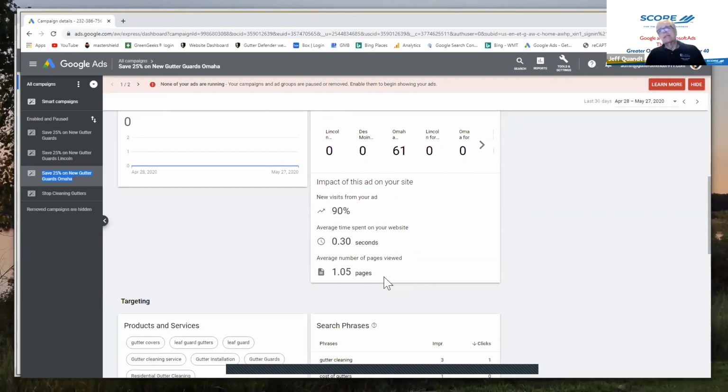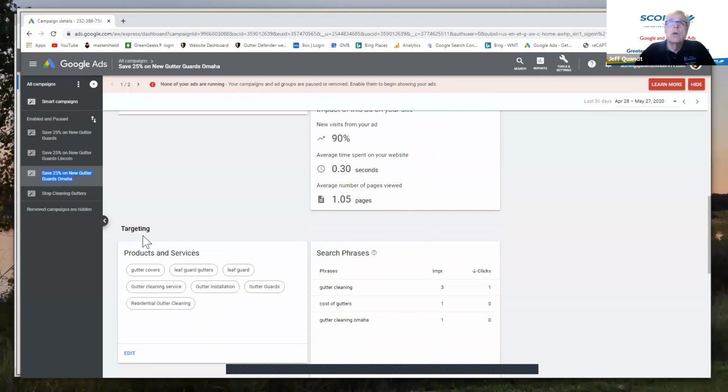Well, this is an ad. We're bringing them to a specific page. Certainly we'd like them to look at other pages on the website, but that wasn't the goal. The goal was to bring them to a page where they would take the next step and contact us. So here were the words that we were looking at, targeting,